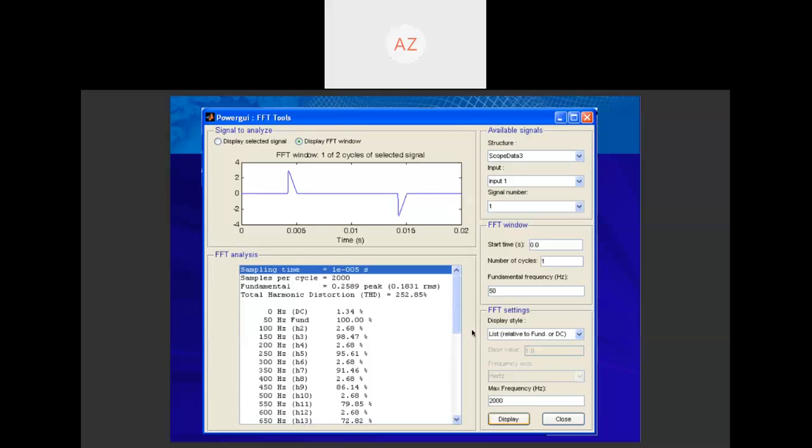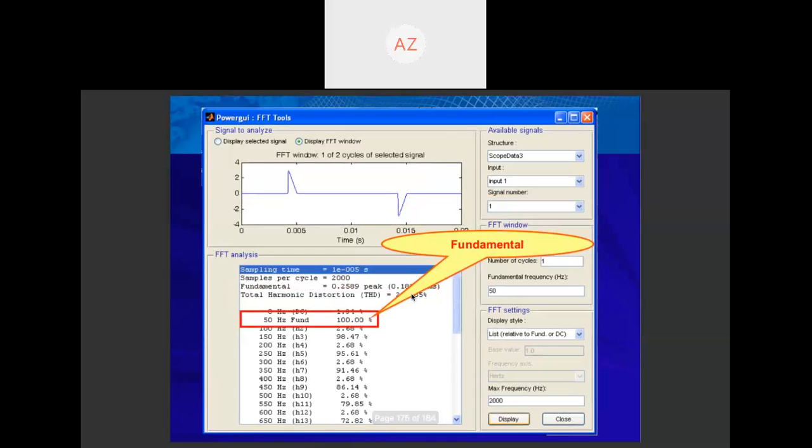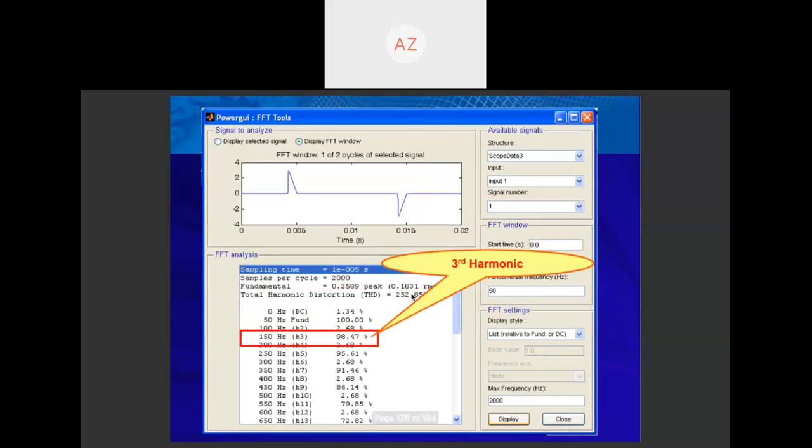That's how to analyze a waveform in MATLAB Simulink. And these parameters you can include in your technical report and in your thesis. For reporting, this is the THD level and the fundamental, third harmonic, and so on.